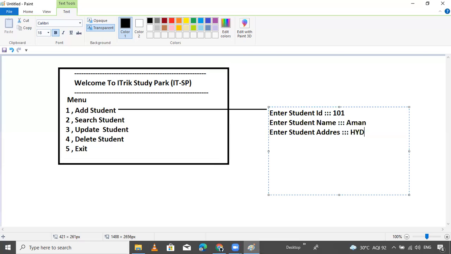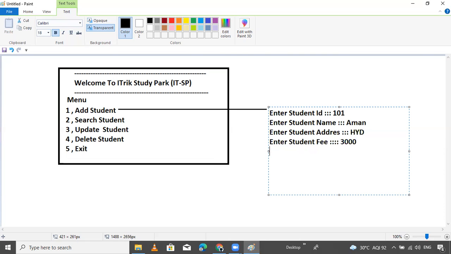And next it will ask enter student fee. Suppose you enter 3000.